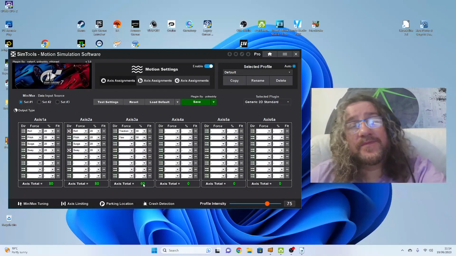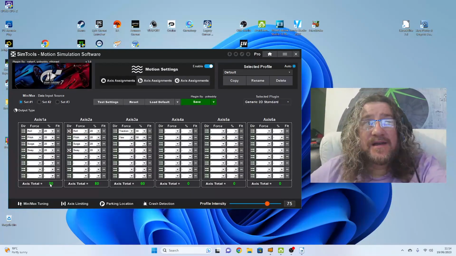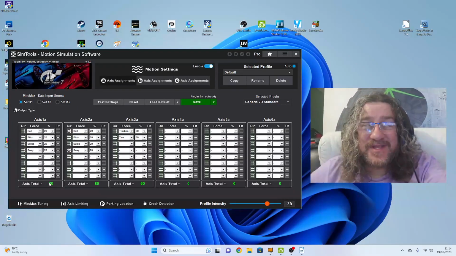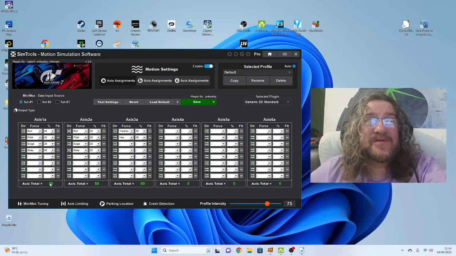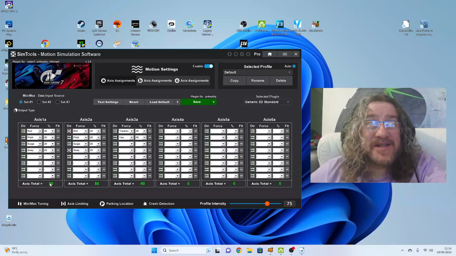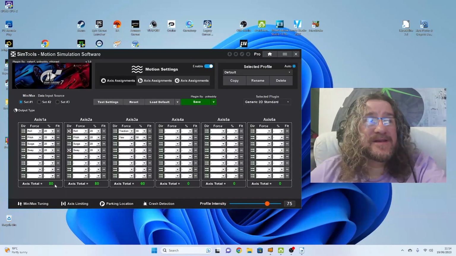So the whole sim rig isn't going to move fully. You can experiment with these. I don't know if it's a good idea to go over 100 with these, because presumably if you had full roll, pitch, surge and sway all happening at once, then you get to the end of your travel and you wouldn't be